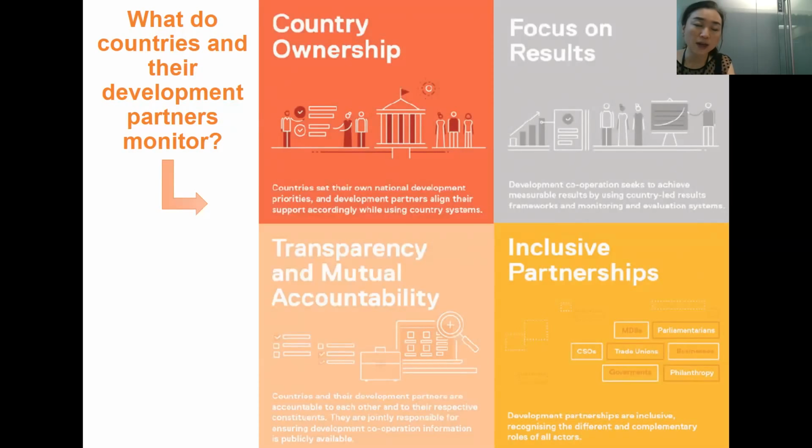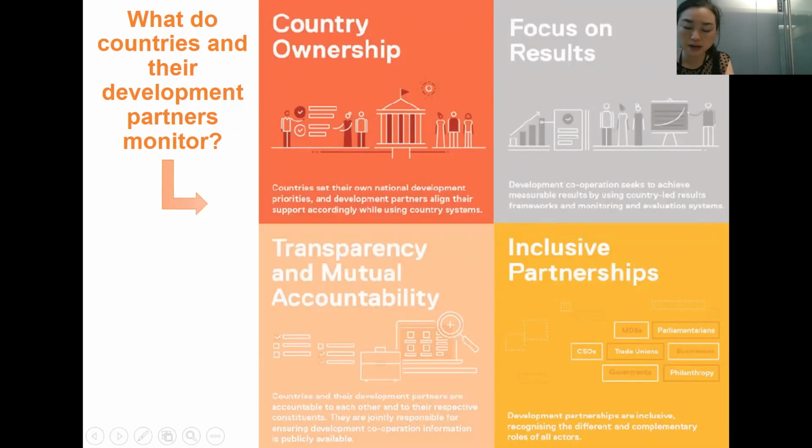The indicators will be discussed in much more depth in tomorrow's sessions: what each indicator measures, how it is measured, the measurement approach, and how it is going to happen at the country level. But I'm just going to go very quickly through the ways in which the monitoring tracks country ownership.